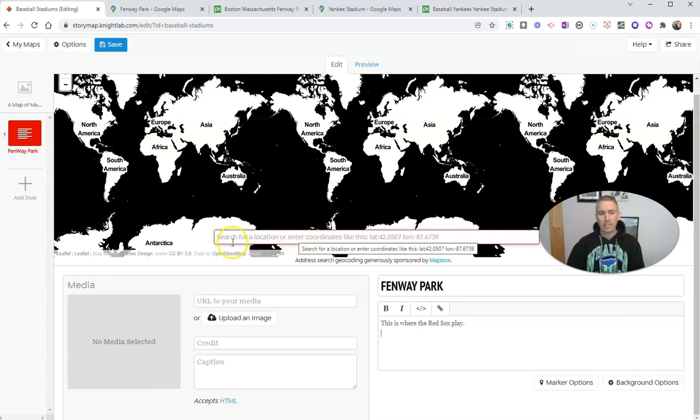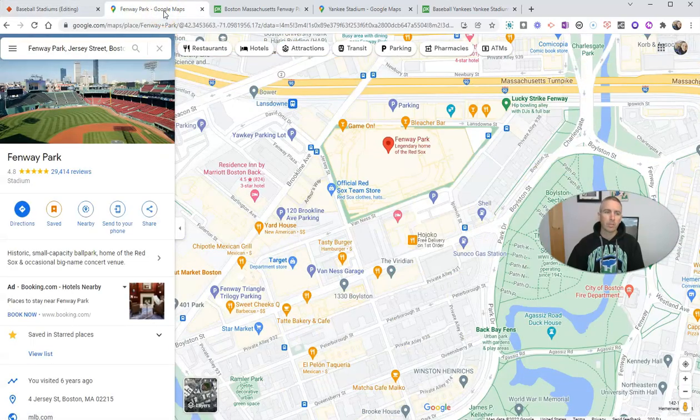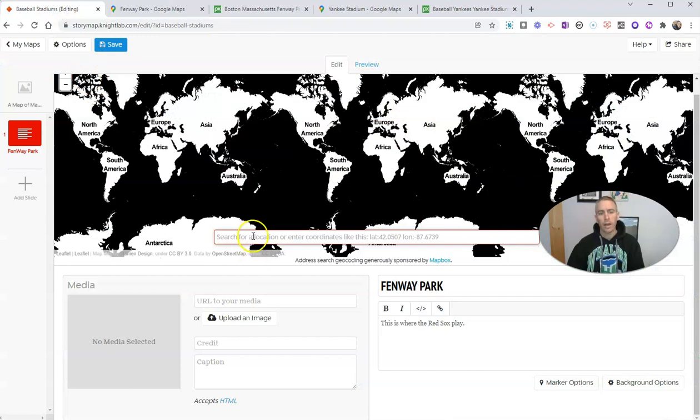Now, one of the things you need to know is that it does not use Google Maps for searching, so you do need to know the exact address or coordinates for the place that you want to have appear on the map. To do that, I went to Google Maps and got the address for Fenway Park, and I'm going to put in here,